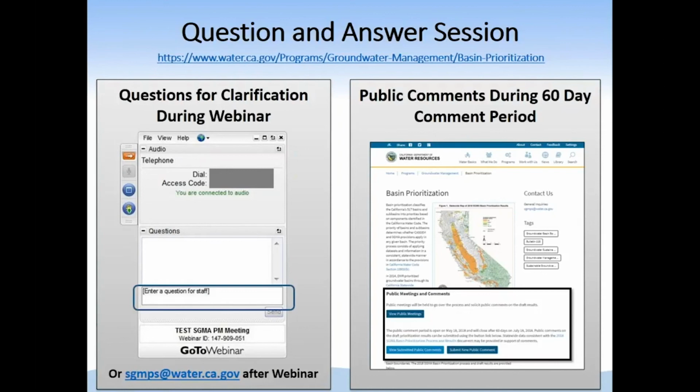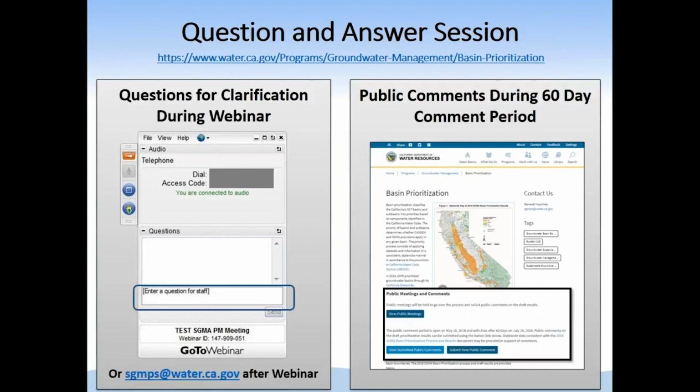So again, those type of comments we're looking for would be submitted through the Basin Prioritization webpage that's on the screen there on the right. They are comments that focus directly on the draft 2018 prioritization results.